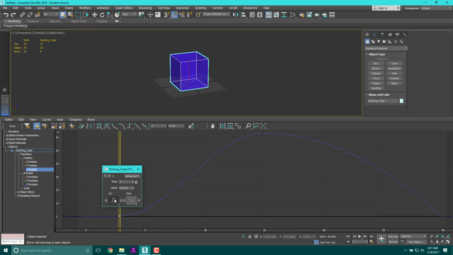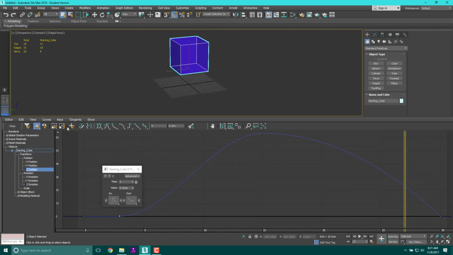Perfect. So what I did is I set it up so it's a hard stepped. That means it's basically going to be straight from there to there. And I'm going to do the same thing for the last piece, right here-ish. Create another keyframe. I can move it if I need to. And then